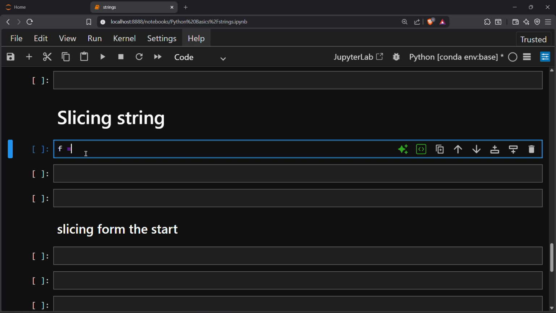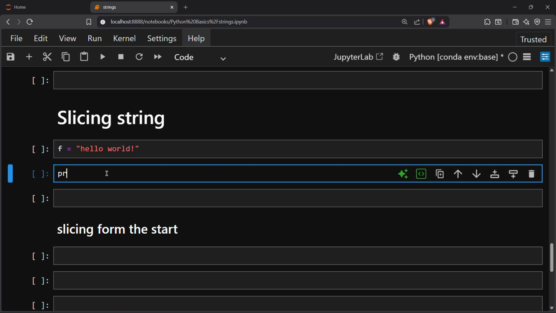So I'm writing a string, "hello world". I want to slice this string and print only this word. So what will I do? I will make a slice from 0 1 2 3 4 5 6 to 7 8 9 10 11. Okay, 6 to 11. So to do this I will write print to show the output, and now I will